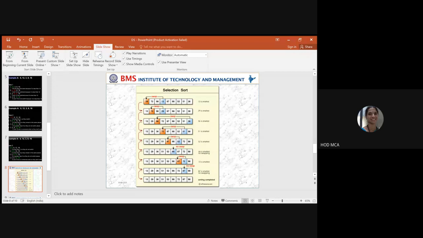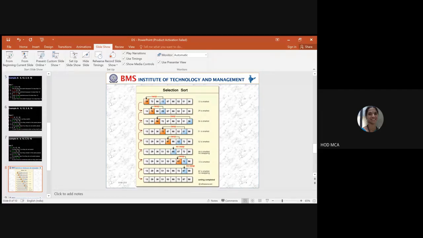Here again, in the third iteration, you see 36 is the smallest, so 36 should come to the third position. The 13 and 29 we are not going to touch, they already form the sorted array. The rest of it, from 39, 98, is the unsorted array. Like that you go on continuing. In every iteration, one element is put in the sorted position. So 13 is sorted, then 13 and 29 are sorted, 13, 29, 36 is sorted, 13, 29, 36, 51 is sorted. Like that, the sorted array increases in length.